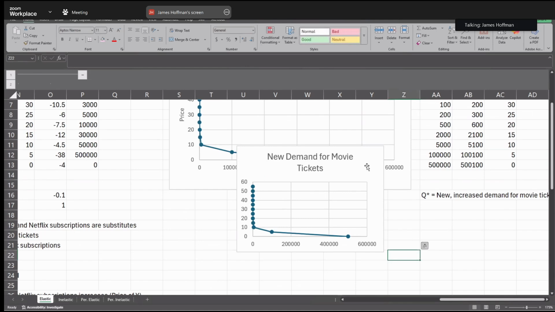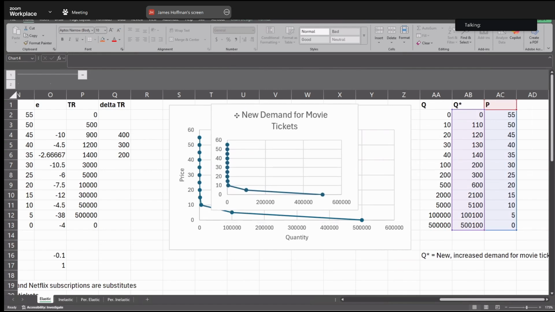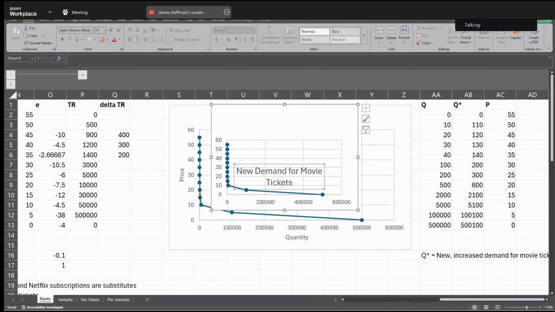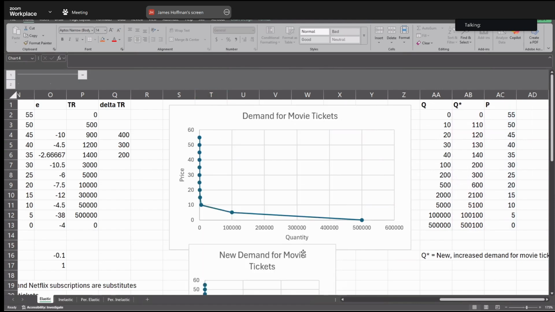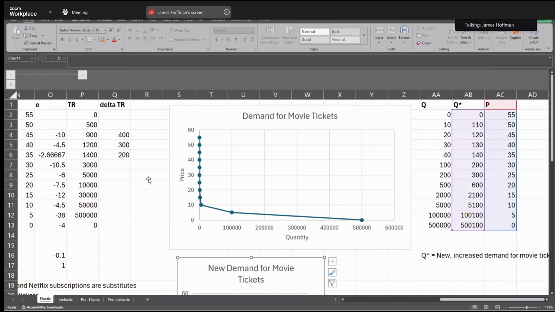Okay, and new demand is just about like that. Right, so the original prices, nothing changed in the price, the demand is a little bit higher. Okay, so